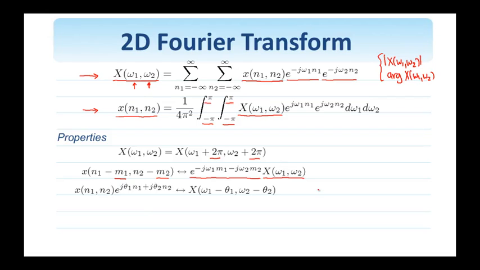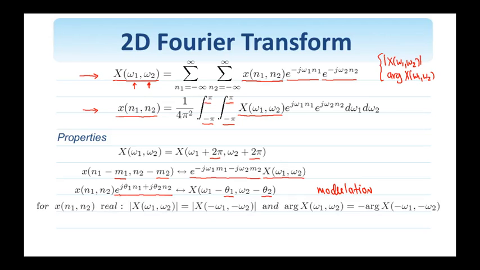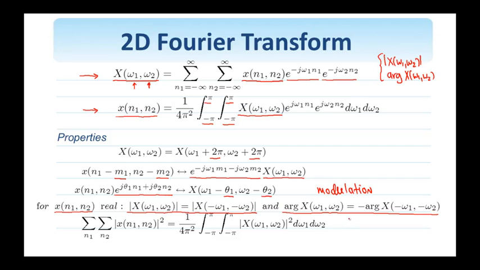The reciprocal to this property is the modulation property that tells me what happens if I shift the spectrum by theta 1, theta 2. So similarly, I see that I have this complex exponential appearing in the spatial domain. Another useful property is typically referred to as the Hermitian property, which tells us that when the signal is real, then the magnitude of the Fourier transform has even symmetry, while the phase of the Fourier transform has odd symmetry. And finally, this is the Parseval's